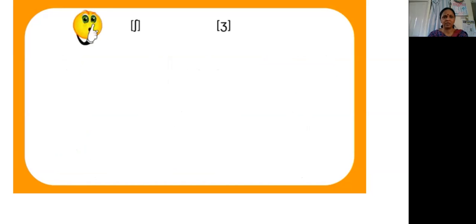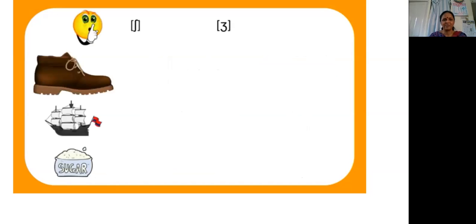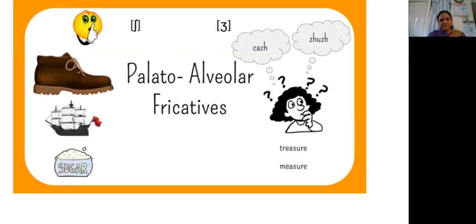Shh. Listen closely. This is a sound we hear in shoe, ship, or sugar. Zh is the sound that we see in words like zhuzh or khaki, or one of those words that no one can really agree on how to spell. We also see it in words like treasure and measure. These two are the palato-alveolar fricatives and occur when the tip of the tongue is behind the alveolar ridge and is what we call weakly palatalized, which means the tongue is closer to the palate than it would be for a plain